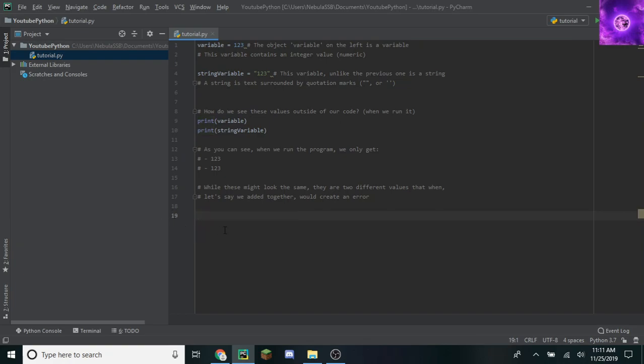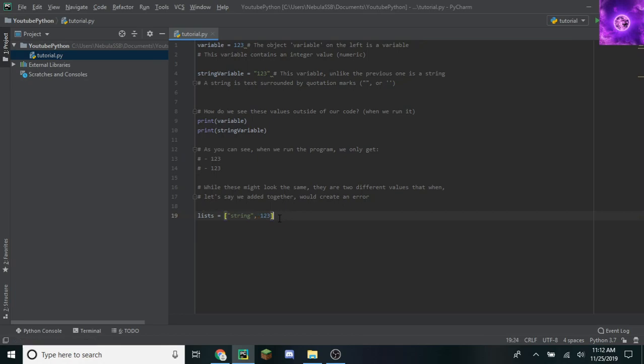So other types of data values include lists. I'll just create a variable called lists, and then you use hard brackets. Now the reason why we use hard brackets is because, well, I don't know. I'm not the people who designed it. However, in lists you can still hold strings, you can still hold integers, and you can also hold other lists. Now, I don't understand why people put lists in lists, but that's them, not me.